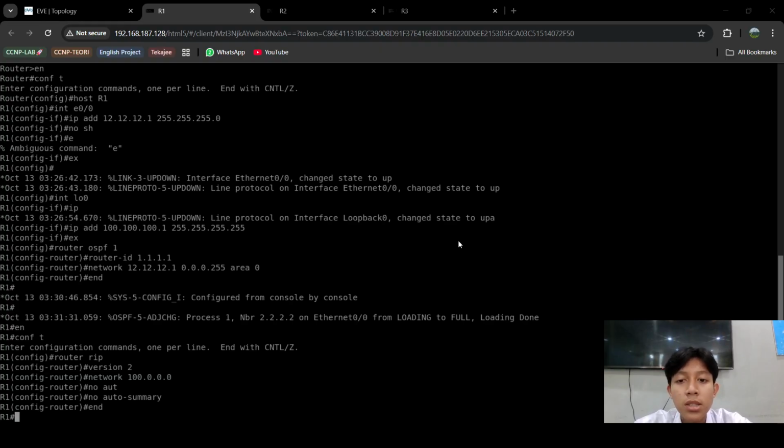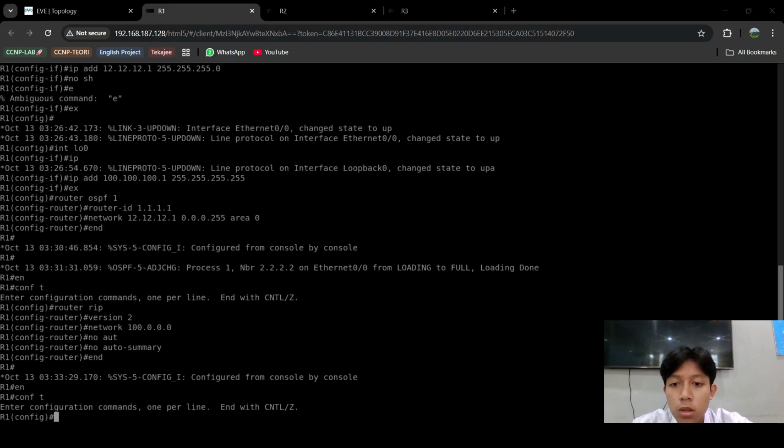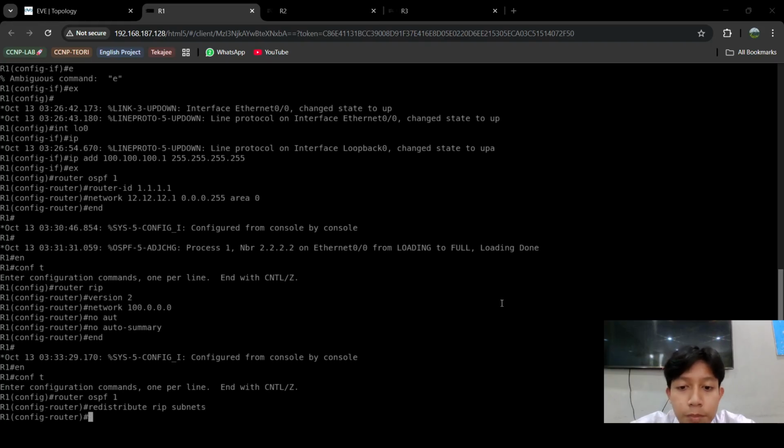So the next step is to configure redistribution on router one. This is the main step in this tutorial. We will configure OSPF on router one to import the routes from RIP into OSPF. In router one, you can type router OSPF 1, and add redistribute RIP subnets, and enter.